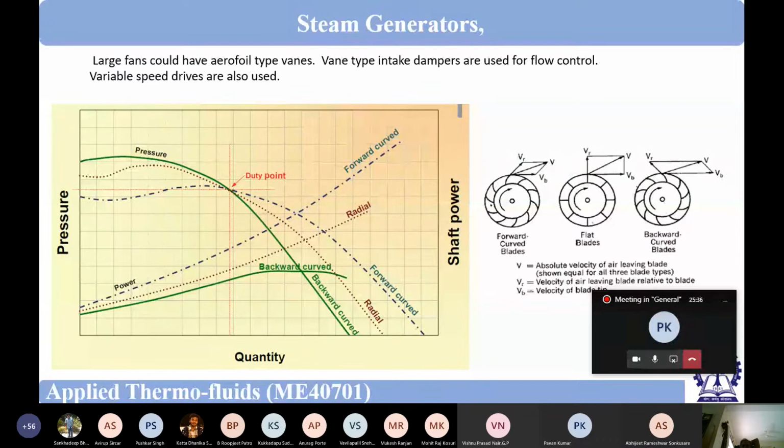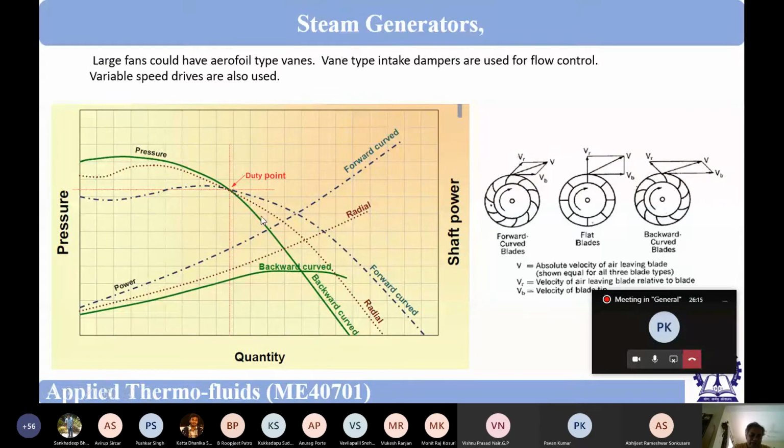We can use some sort of a valve, a resistance device in the flow path. If we do, then what will happen? More resistance means there will be more delta P. Initially the flow rate was here, and we want to put more resistance, so delta P will reduce, and we will come somewhere over here. But anyway, we cannot leave this curve.